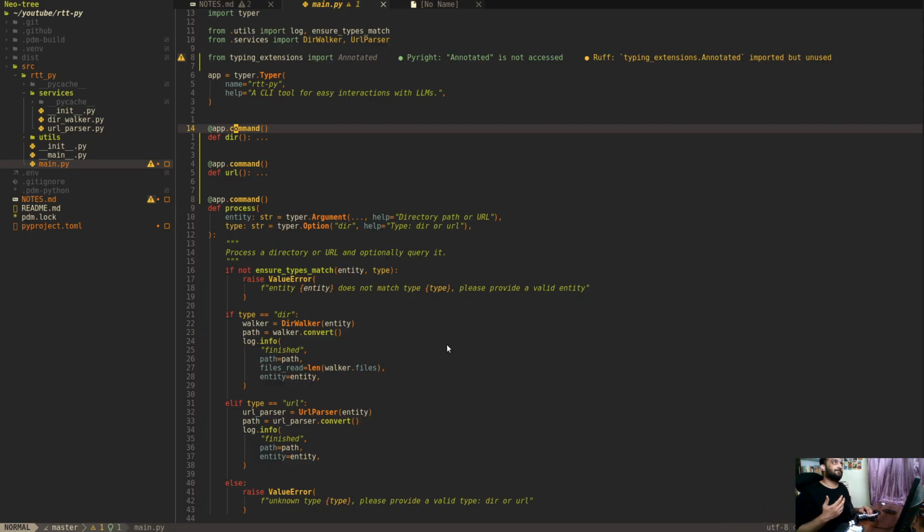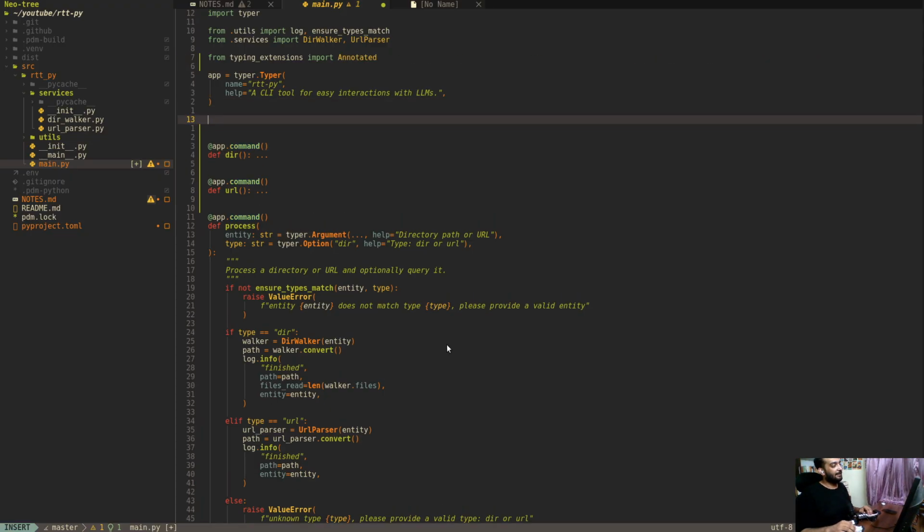And what we want to build here is a kind of system where you can say, let's say rtt-py dir, pass in some path, let's say cursor itself, okay. And then you would also want to pass in another query, like a query such as